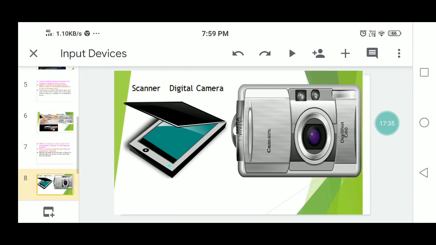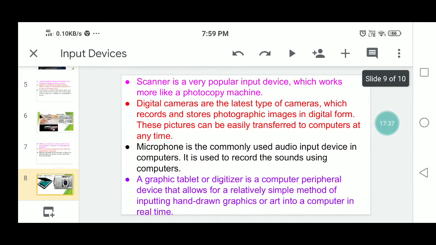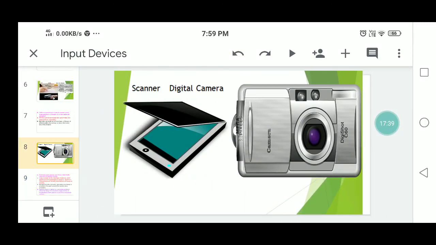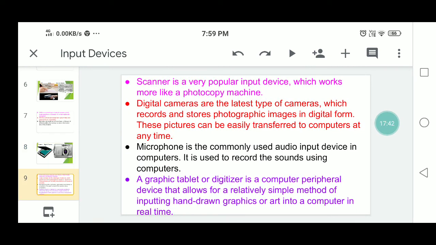So the next, coming to the digital camera. This is the digital camera in the picture. These digital cameras are the latest type of cameras, which record and store photographic images in digital form. These pictures can be easily transferred to computers at any time. Many current models of digital cameras are also capable of capturing sounds or video.